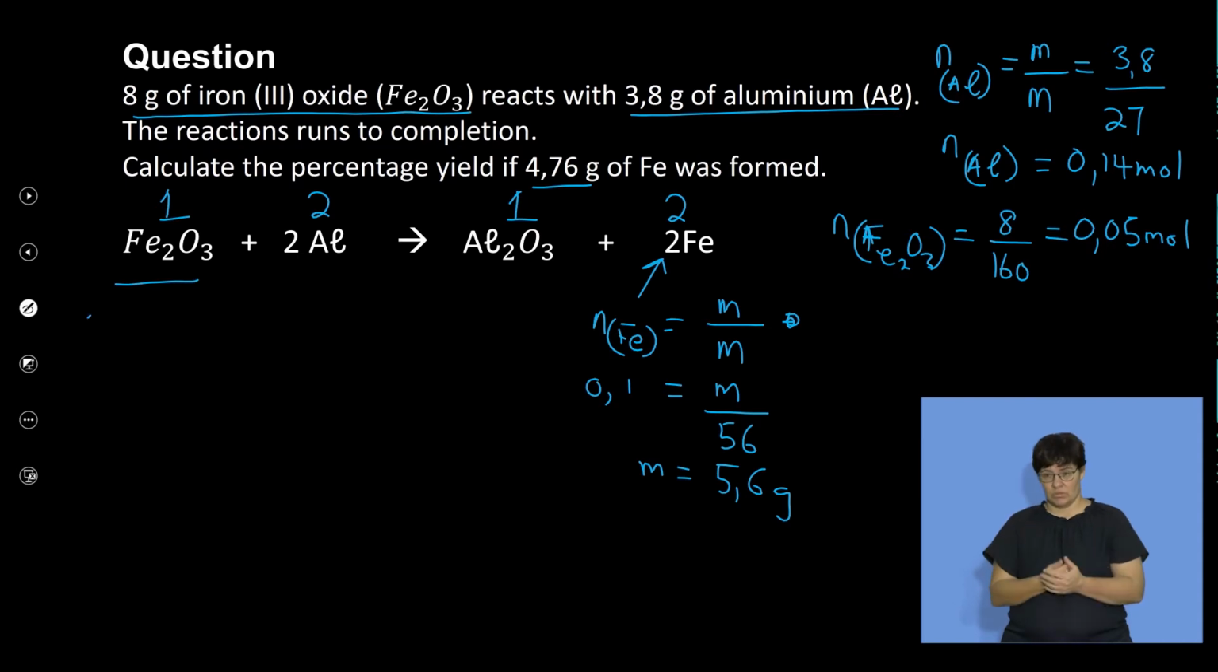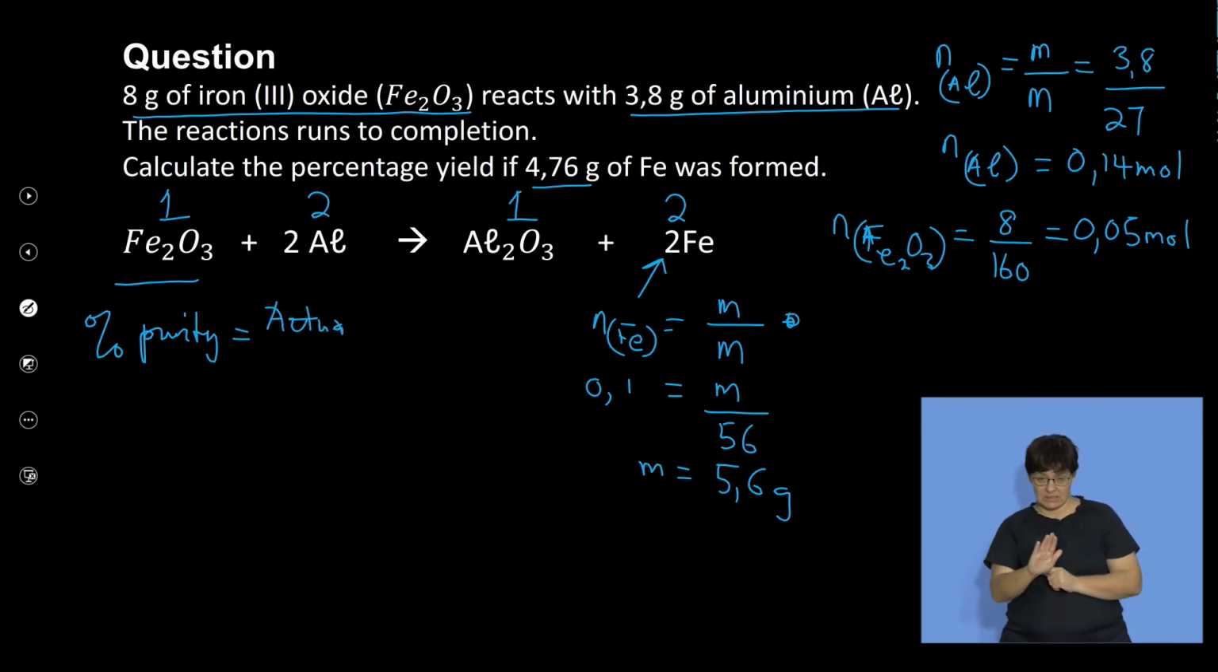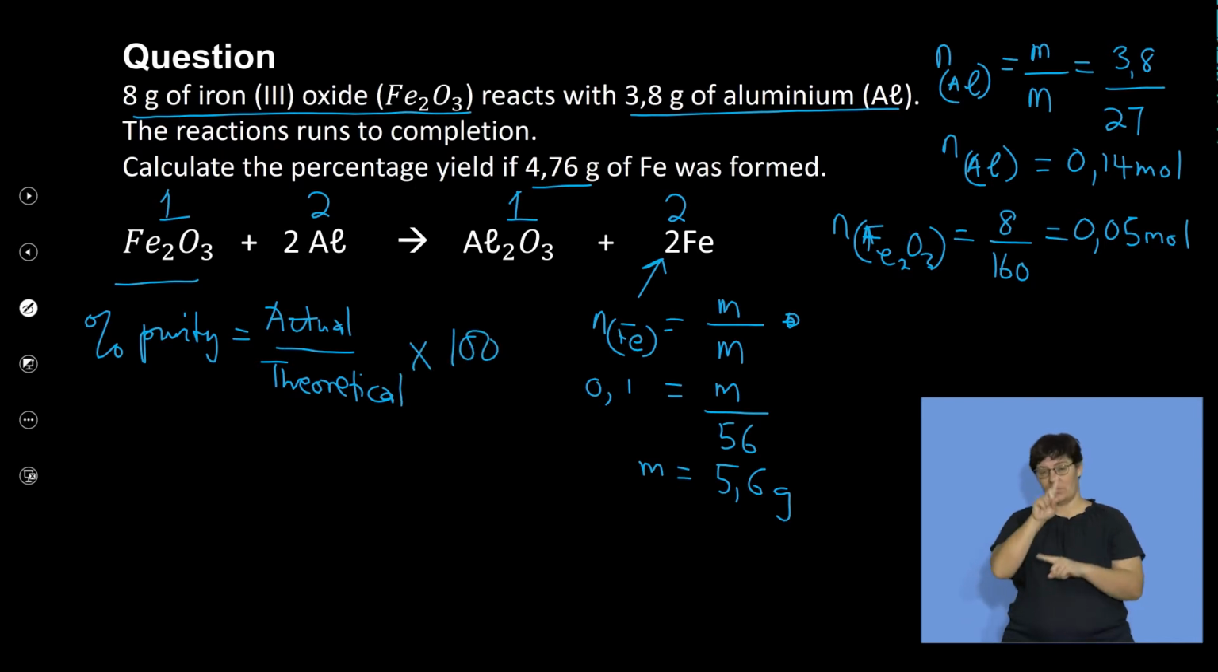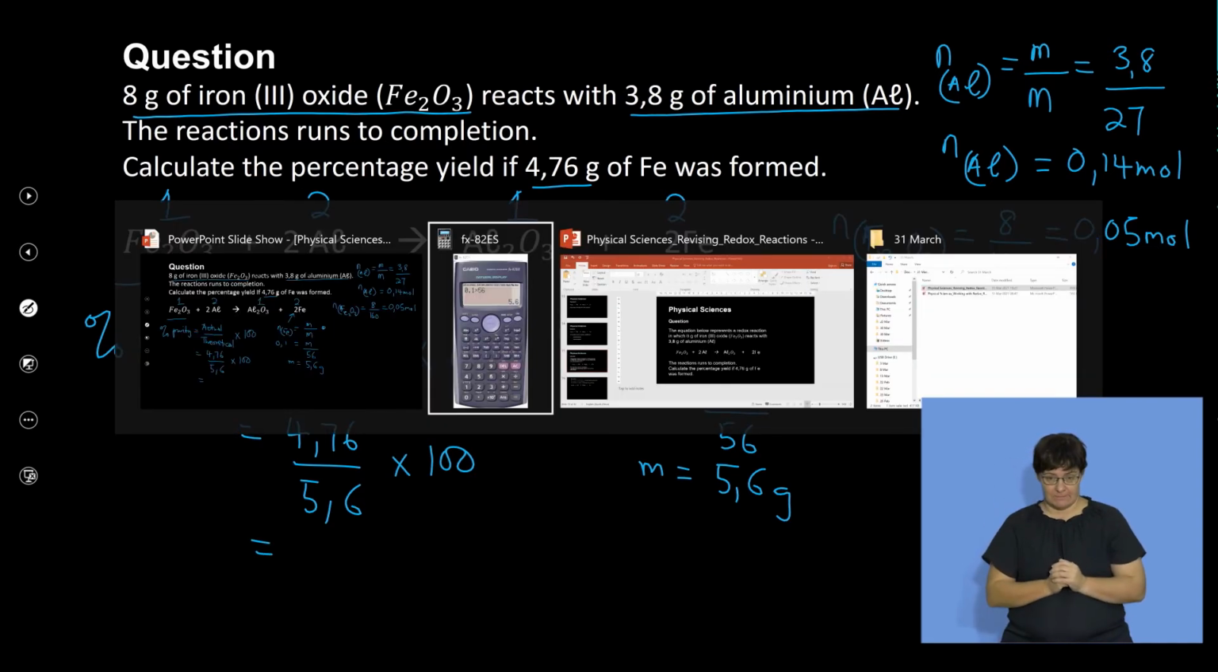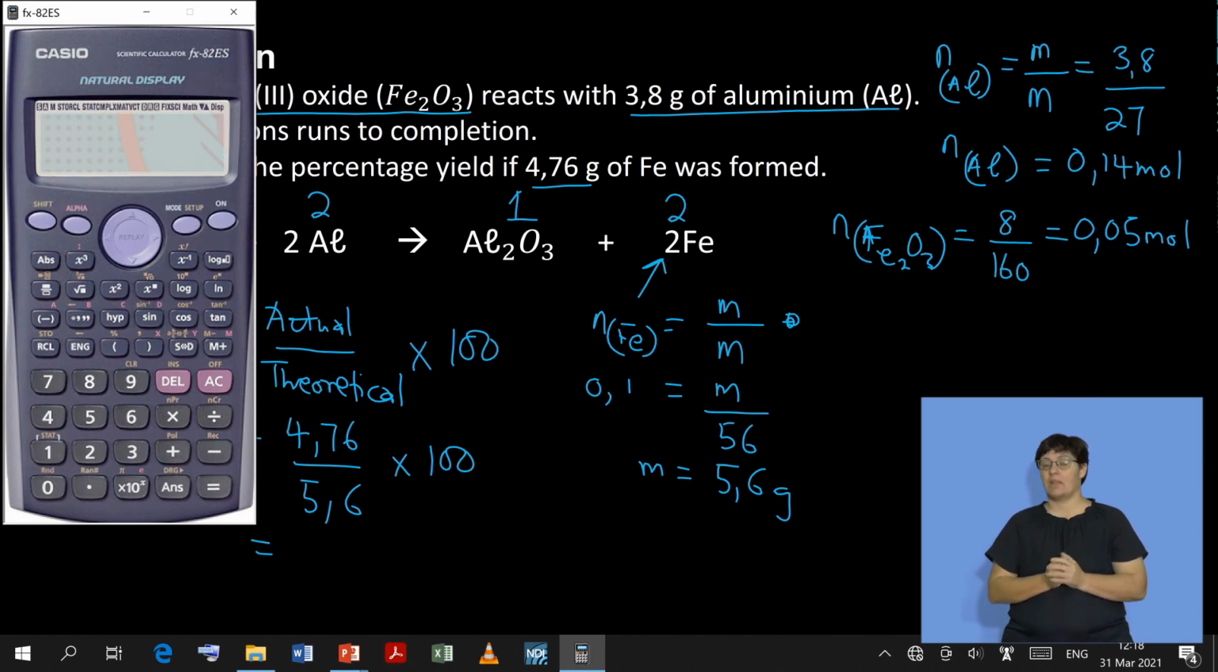So percentage purity is equal to actual yield divided by theoretical, and we multiply this by 100. The actual one that was obtained is 4.76, divided by the theoretical, which is expected, which is 5.6. We multiply this by 100, and we'll get the percentage purity. So if we go to our calculator, what do we have? We've got